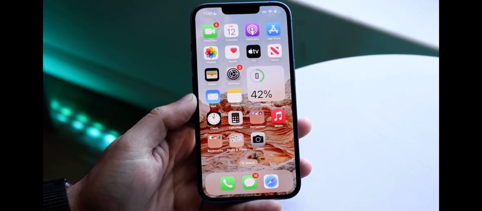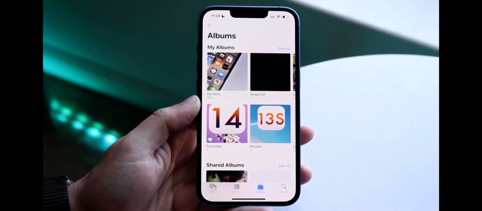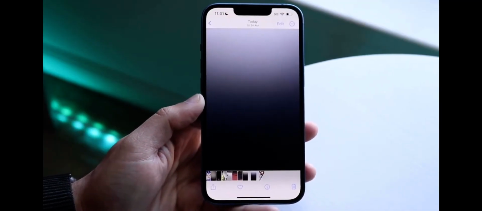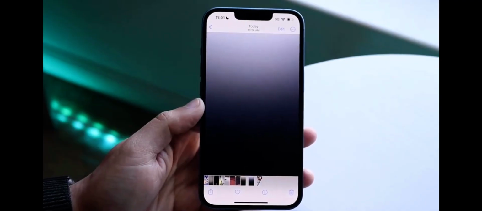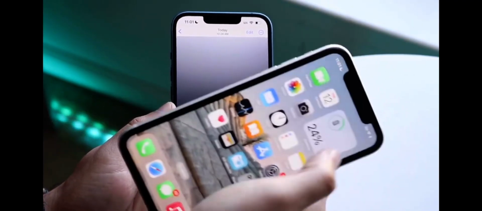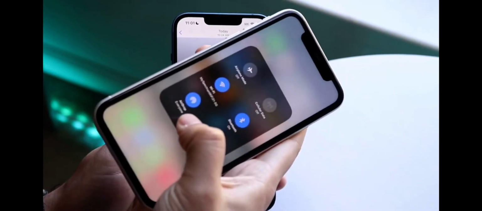The next thing you want to do as a test is go ahead and just send a file. So in this case, we'll make our way over to our Photos application, click on a photo, and just go ahead and send this photo as an example to another device. Now I have another iPhone, this is an iPhone 11 right here, and I'm doing the exact same thing. So I'm scrolling down from the top, I'm holding down here, and as long as I have AirDrop set to